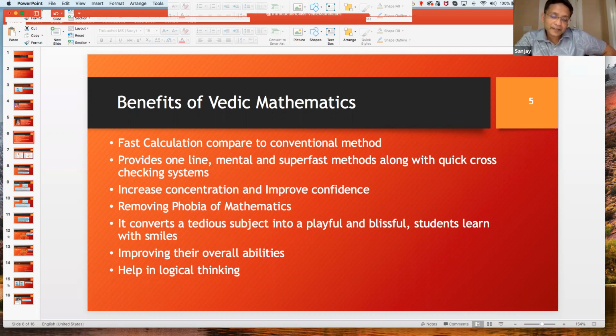Moreover, I feel it boosts the confidence in the students, because of the simplicity and the ease of it. You feel like you are at the edge, because most of the time math is fascinating, and if you know some ways of doing it faster, the satisfaction and the confidence level is really boosted. If you don't like math, this will be a great start. You will love math. You'll get away from that phobia of math,